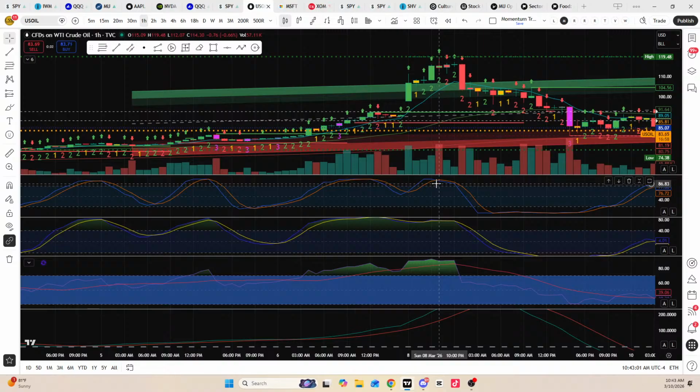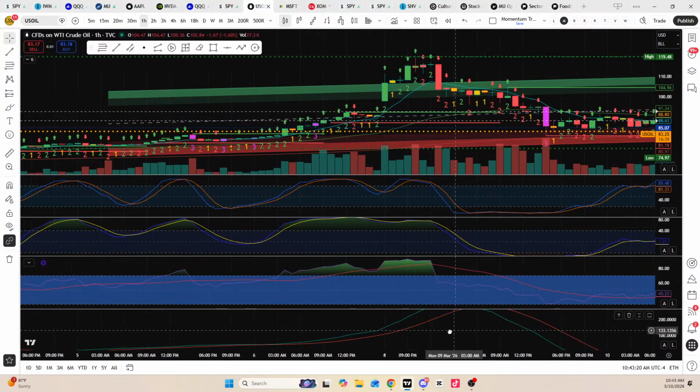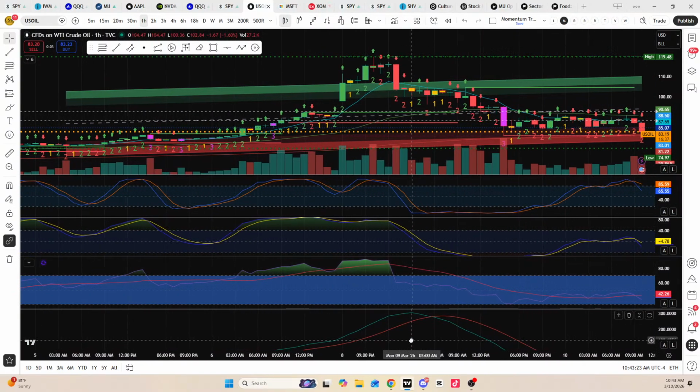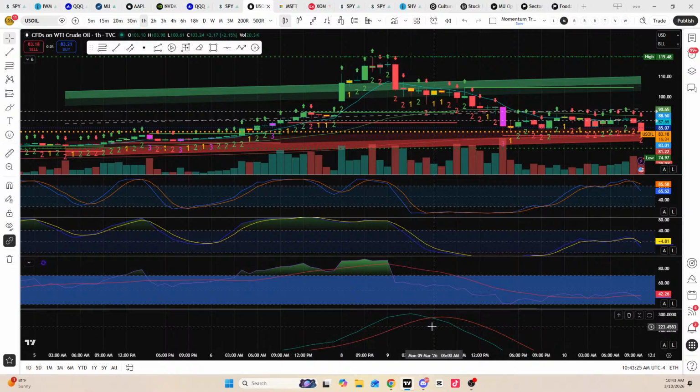This would have let you know that oil is getting ready to have a pullback, and it would have told you that at around $115. So that would have saved you from getting caught in this drastic pullback if you're an oil futures trader. This is the power of understanding momentum. Sometimes you want to get in early, sometimes you want to get in later and wait for confirmation on the later momentum charts. But as you see, the later you wait, the more of a loss you take. But it usually comes with more of a confirmed push in that direction.